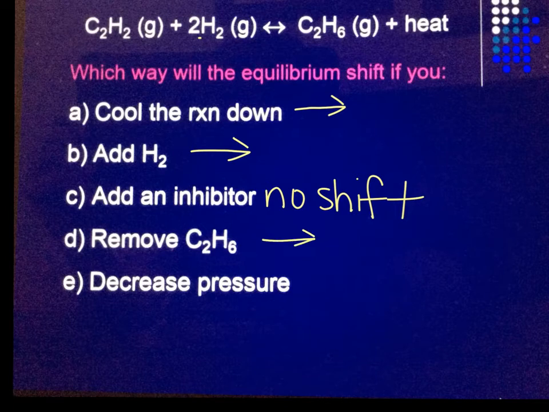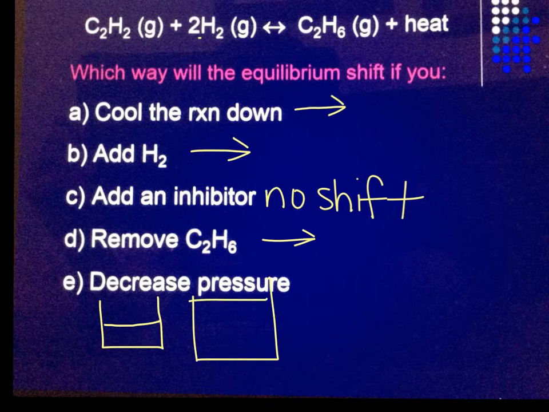Now the pressure one. For the pressure one, you have to think about the size of the container. Okay? Does this mean that the container is getting smaller or that the container is getting larger? Is the volume decreasing or is the volume increasing if you are decreasing pressure? If you are decreasing pressure, you are making a larger container, right? The larger the container, the less pressure there is. So if the container is larger, it's going to favor the side that has more moles because you can fit more